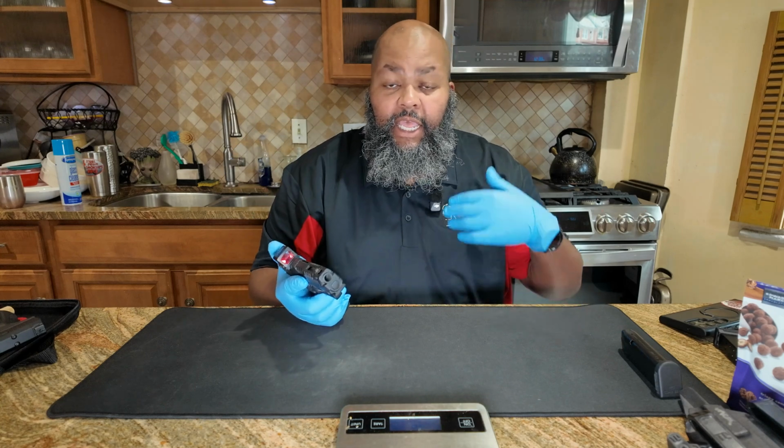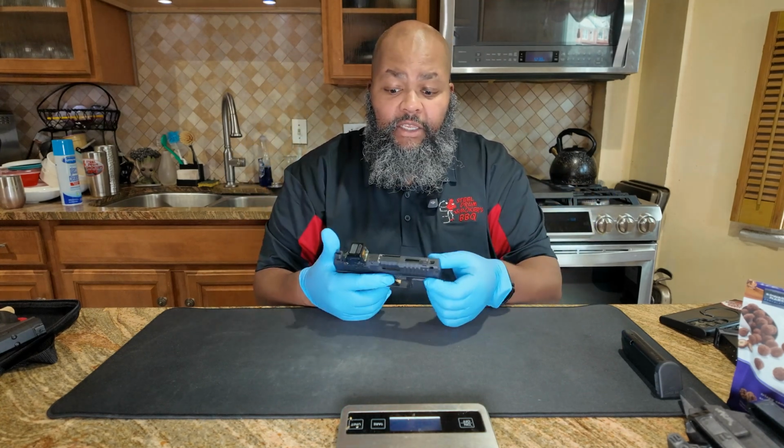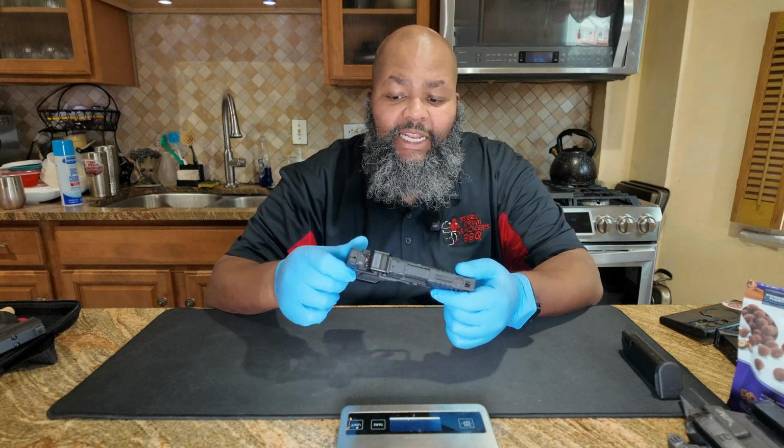That being said, it made it to the roster. All of those things were taken care of. So now that it is finally home, I am going to finally clean it. Let's go. While it was sitting at the range, I would shoot this pretty much anytime I was there at